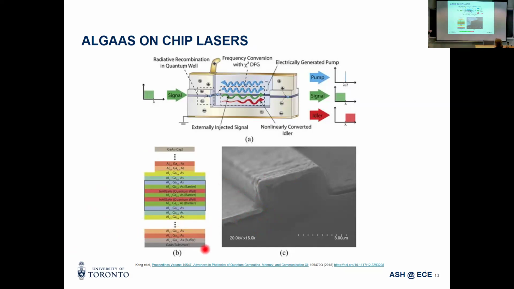As I talked about, we have our P contact and our N contact. So we can actually generate light from the core, which ends up being at 780 nanometers. Then we inject our signal externally, and then we highly tune this signal. We can actually tune the idler wavelength that we get out, and then these photons end up being entangled through